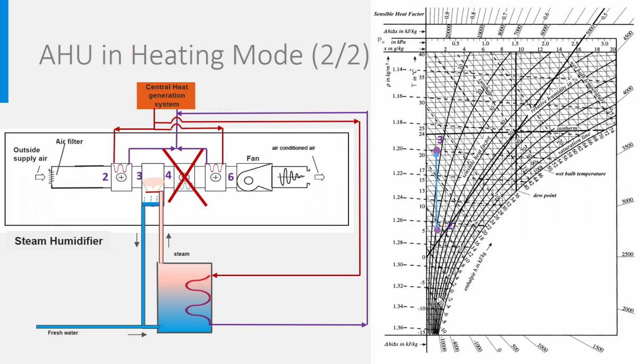Steam humidification in the Mollier diagram goes like that. Depending on the temperature of the steam, the slope of the arrow may be higher or lower and is tuned in such a way that 0.4 and 0.6 are identical, so the second heater is not needed. Energy is needed for the steam but not for the second heater, and in total this system uses as much energy as the adiabatic humidification one. However, it needs high temperature, but it is much safer from the point of view of Legionella contamination. At 100 degrees, the Legionella bacteria cannot survive.